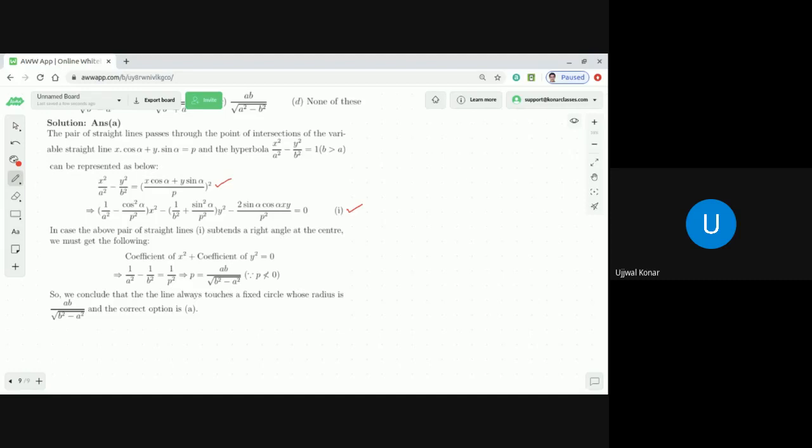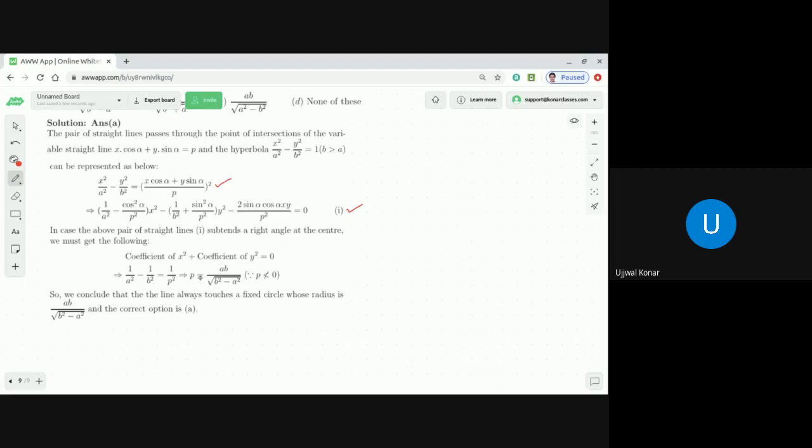If the pair of straight lines represented by that equation are perpendicular to each other, then definitely the coefficient of x square plus the coefficient of y square has to be equal to 0. So this leads us to the statement that 1 by a square minus cos square alpha by p square minus 1 by b square minus sin square alpha by p square equal to 0, which leads to sin square